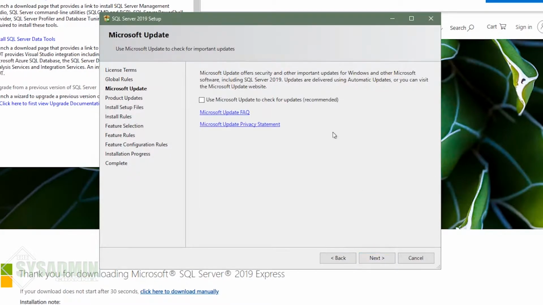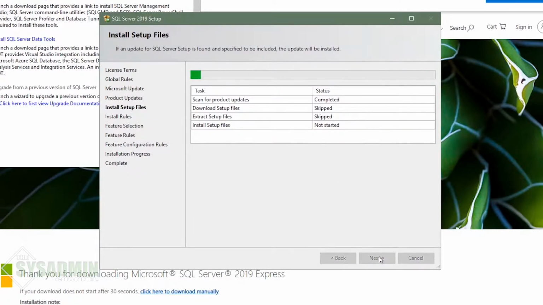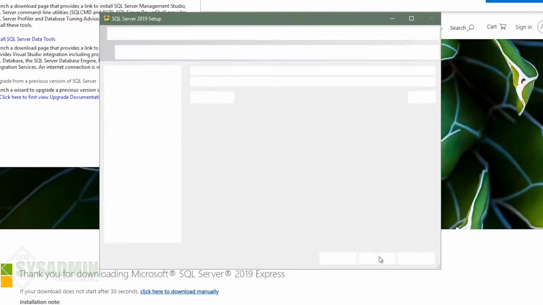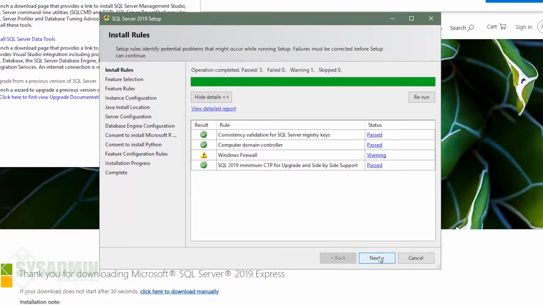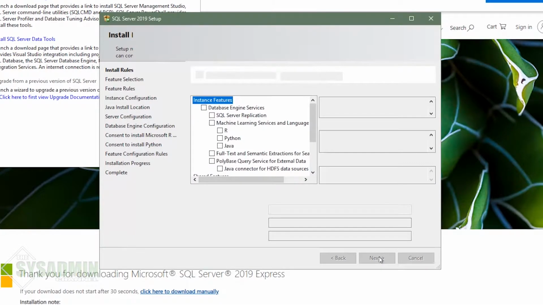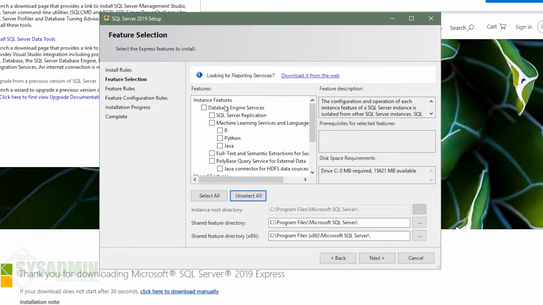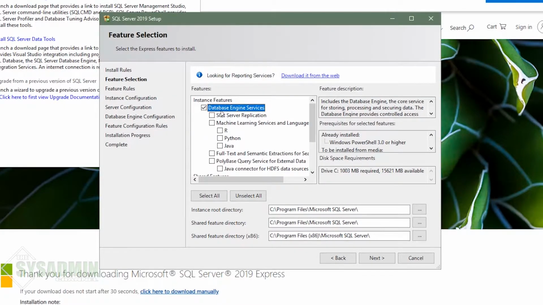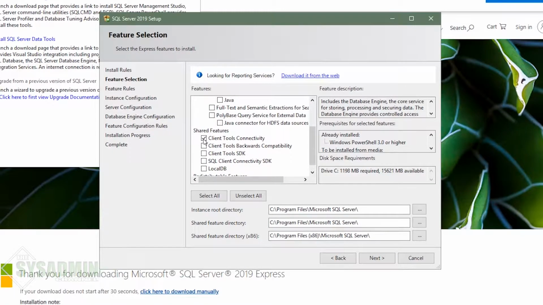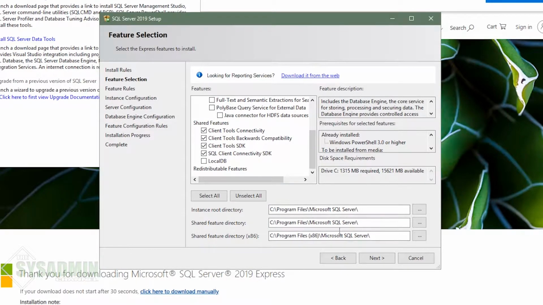Next up, I'm going to check the checkbox to install the recommended updates, and then we'll go ahead and let that load. Keep in mind here that there is a warning for the Windows firewall. We'll get to that later, but for now, we'll go ahead and click on next to continue. And here we're prompted with the instance features of what we want to install. I'm going to unselect everything for the moment and only leave the database engine services. So we'll go ahead and check that. And then if we scroll down a little bit, we can see the shared features. I'm going to install the top 4 just like so. And we're not going to touch the root instance directory or the shared features directory, so we can move on